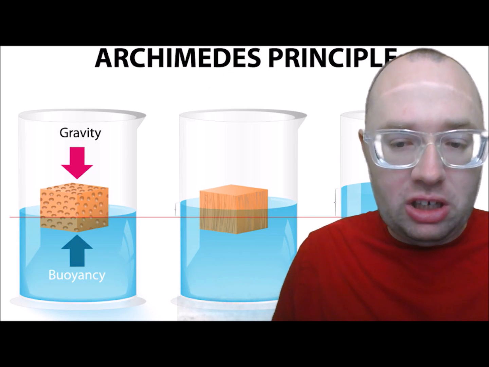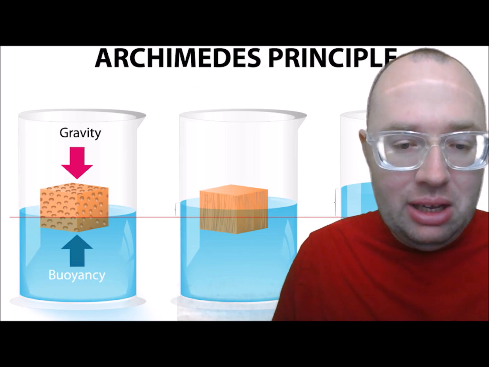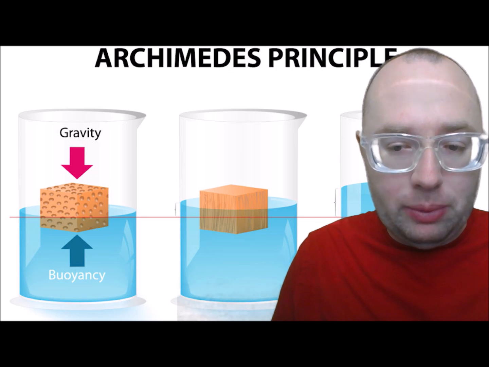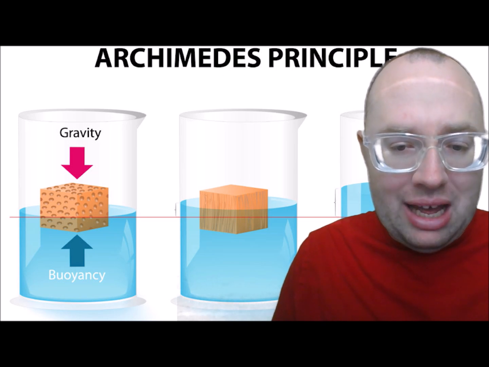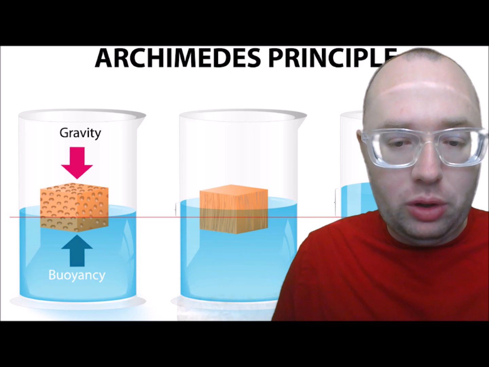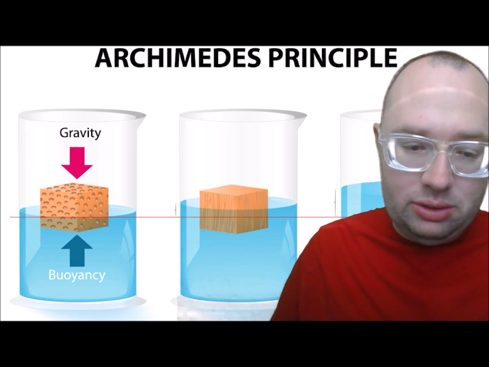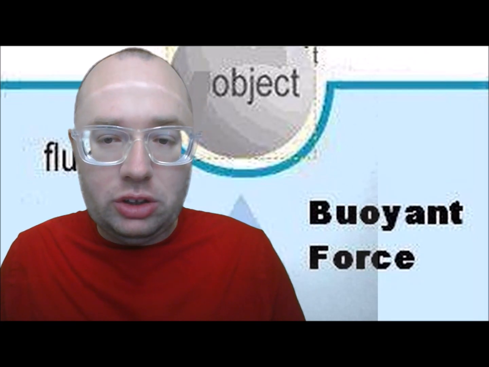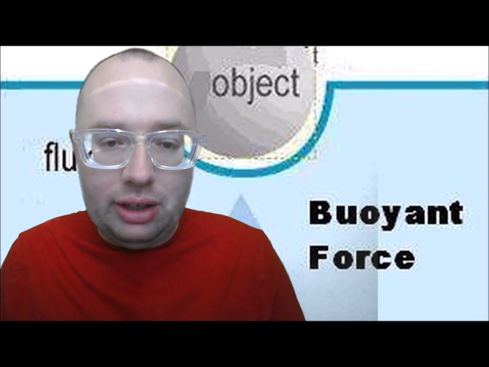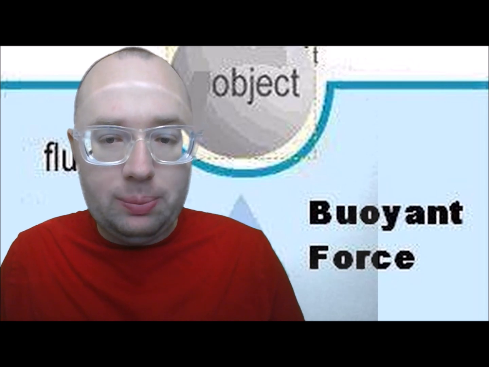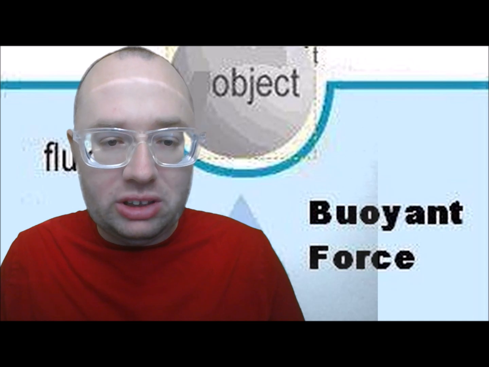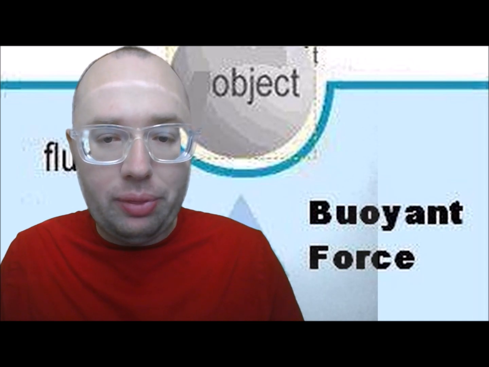Through his experiments, Archimedes found that any object that is completely or partially submerged in a fluid, either liquid or gas, is acted on by an upward or buoyant force. When something is in the water, there are two different forces acting on it. These are the object's weight plus the force of the water pushing up. This force is called upthrust.